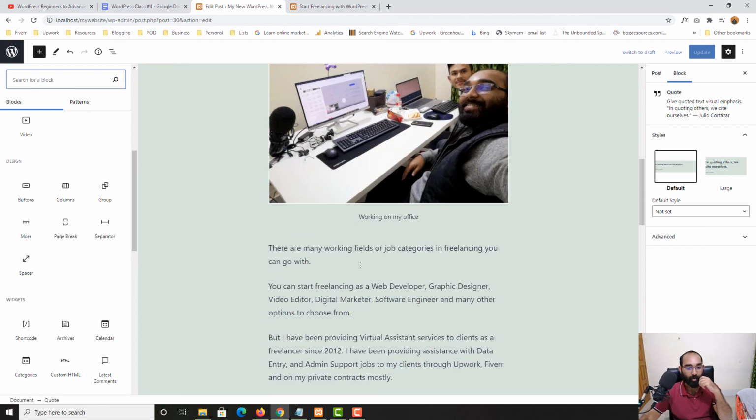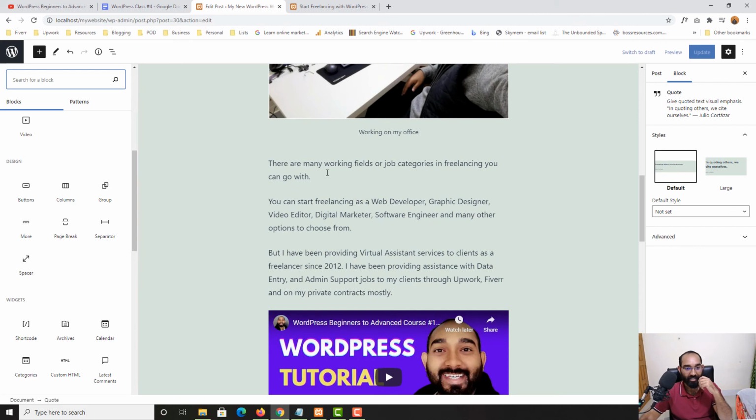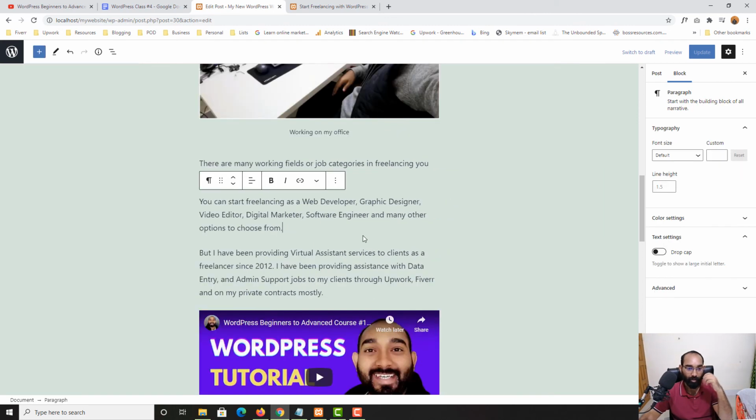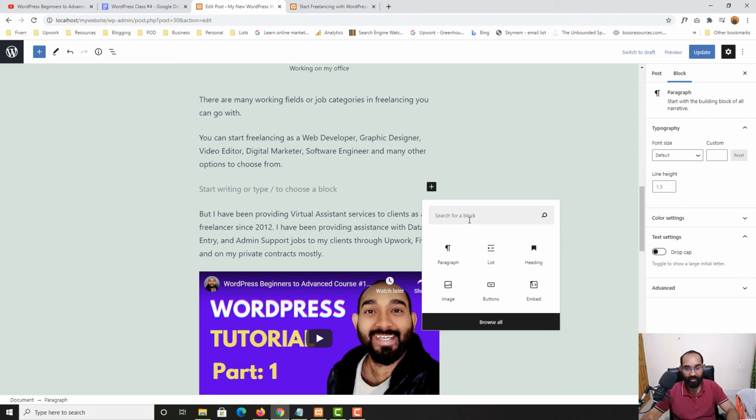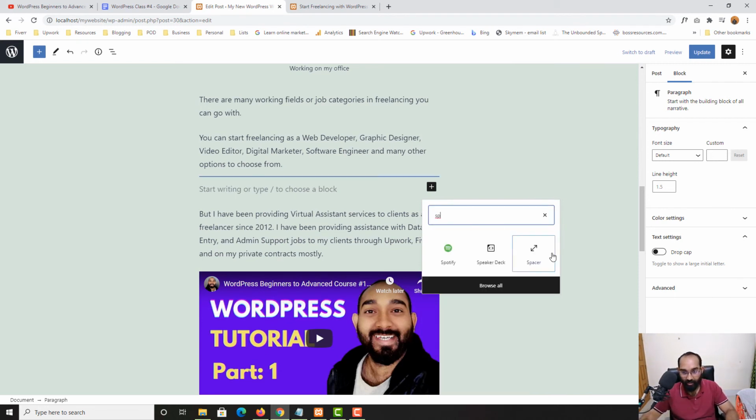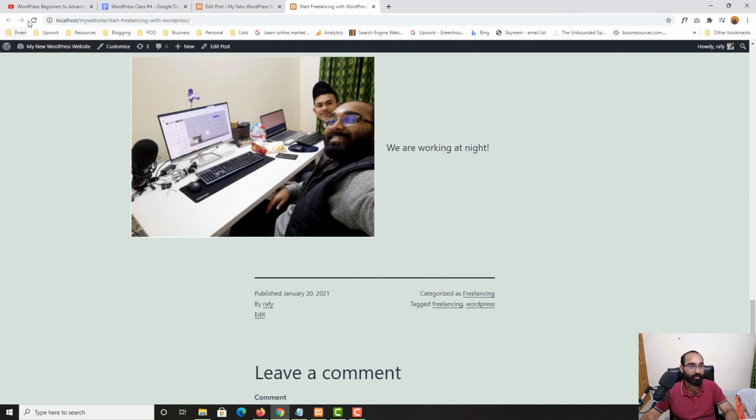So let's say I want to add a space, I want to give a space in between these 3 blocks. If I hit enter and click here on this plus icon and type spacer, as you can see, this one, add spacer. And by default, if I just click on update and reload this page,